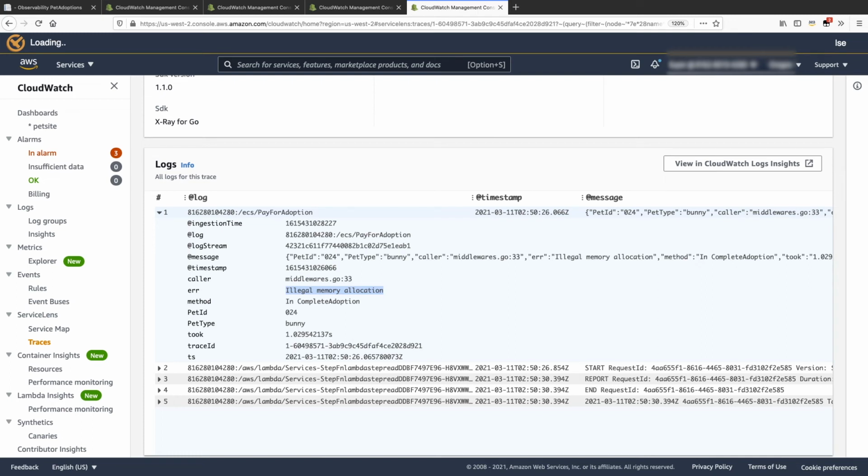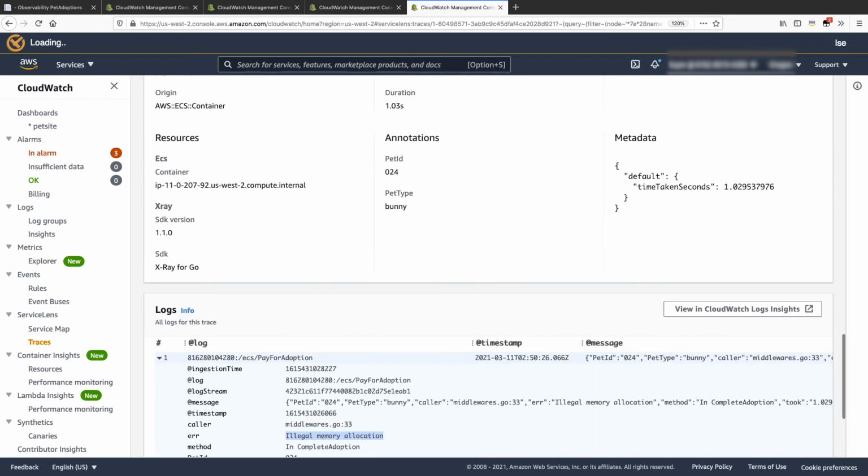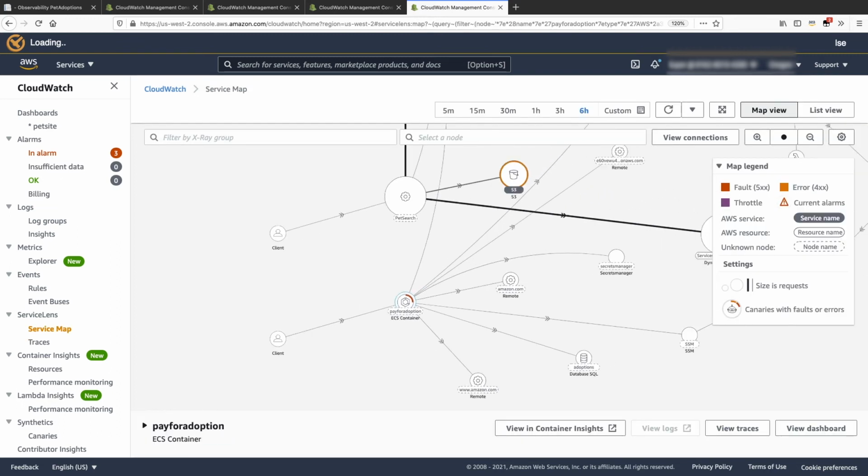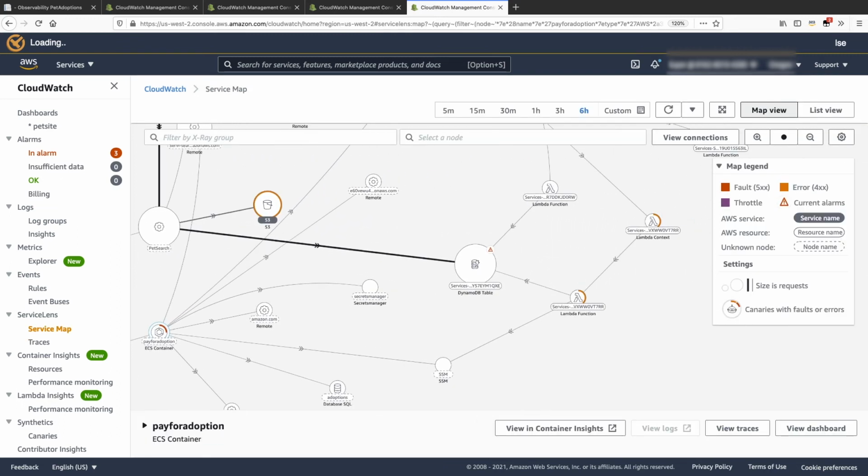What actually happened in this situation is that we pre-configured a limit as a hard limit in the ECS. The resolution is to increase the limit. Are we finished? Not yet. This memory issue contributed to the end user problem, but there is still another one. Go back to the service map and select DynamoDB.